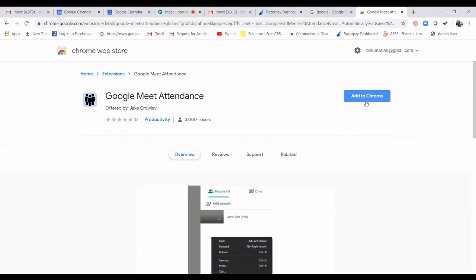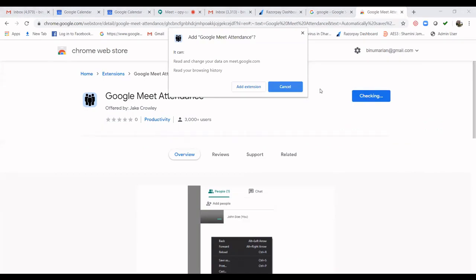So this facility is added to our Google Chrome browser. This facility will not be available with the other browsers. It will be available if and only if you are using the Chrome browser. So this is an extension added to our Chrome browser. So you have to click on this add to Chrome.